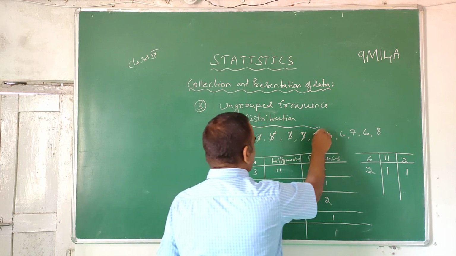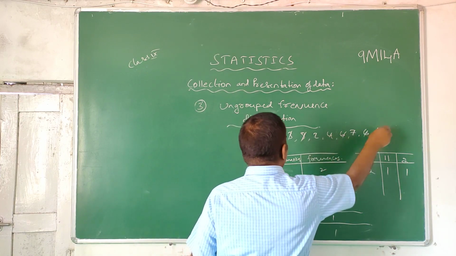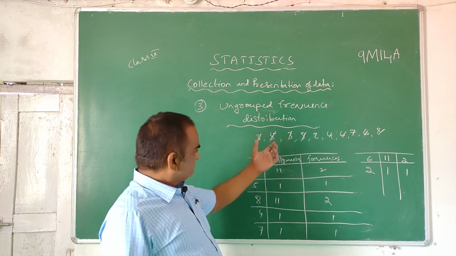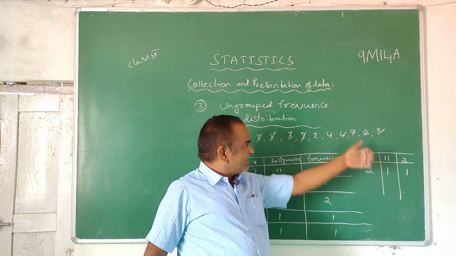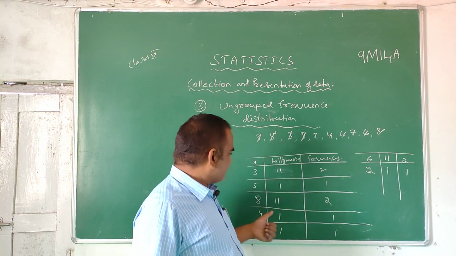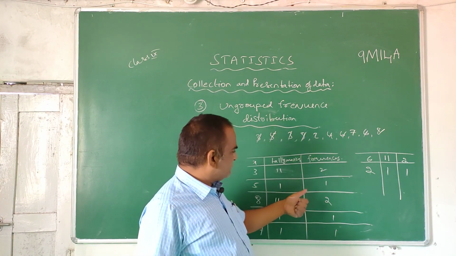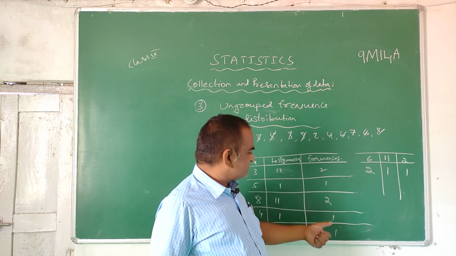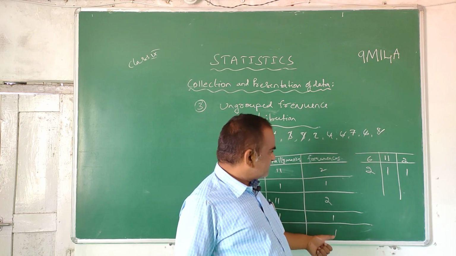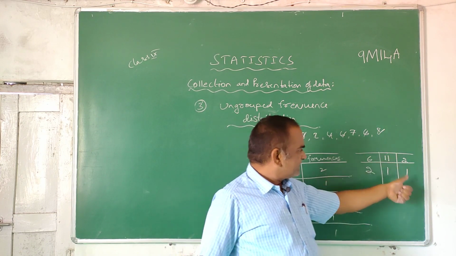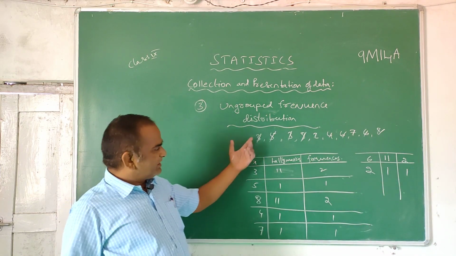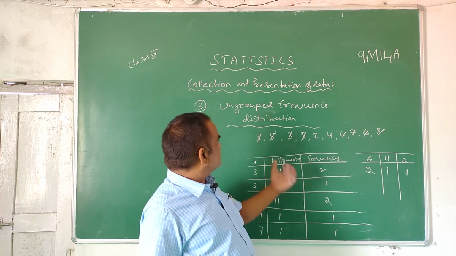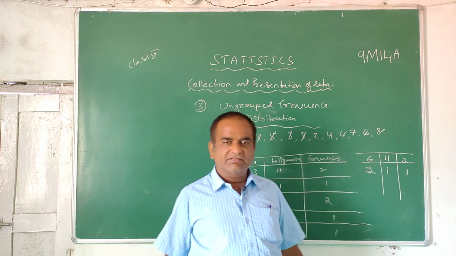Like this, all have been finished. Of course, you need not cut this. Just to get clarity I am showing. You need not give a strike here. Now you count the frequencies: 2 plus 1, 3 plus 2, 5, 6, 7, 9, 10. So this way of presenting the data is called frequency distribution or ungrouped frequency distribution or